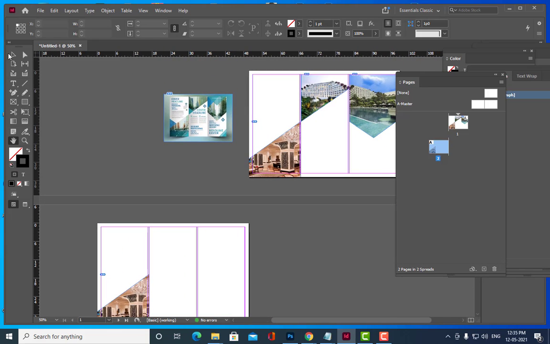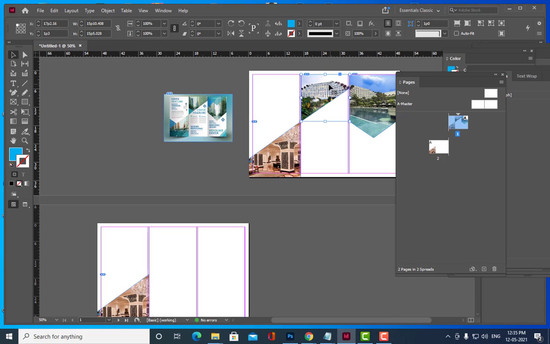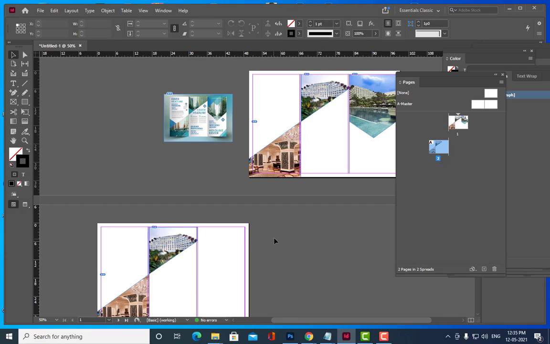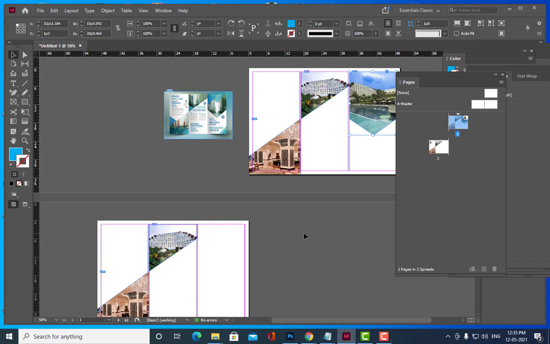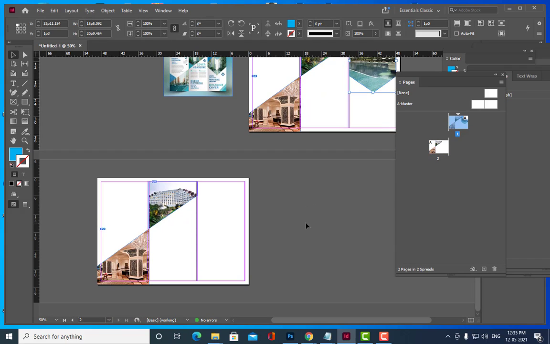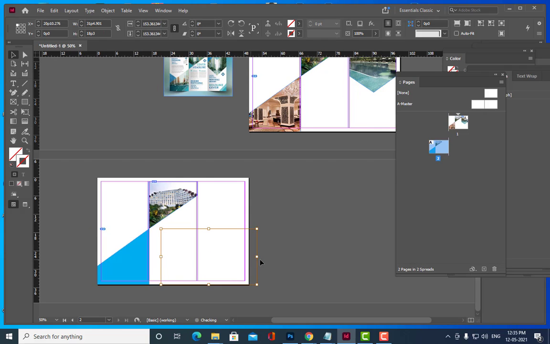I am going to say select this, then alt and drag. See, I am alt and drag. Remember that. Alt and drag. Okay, just keep it like this. And same thing. In case you want to change the directions, for example, if you want to put the design over here, you can do that.